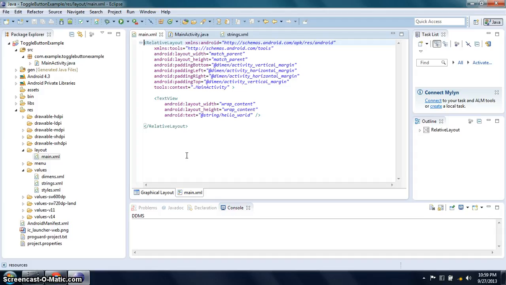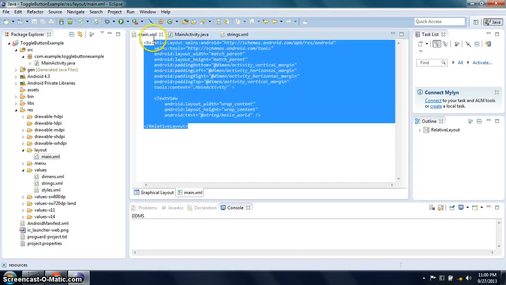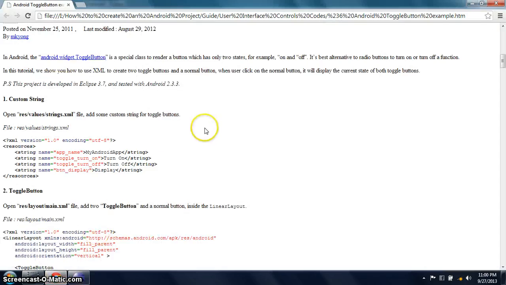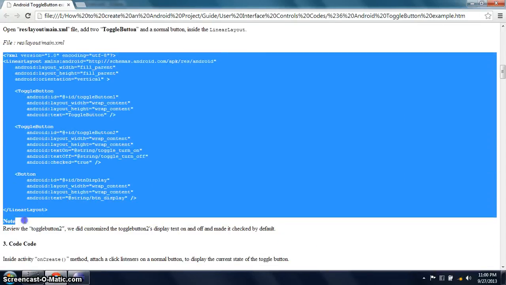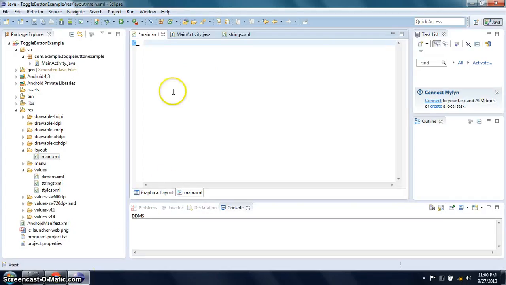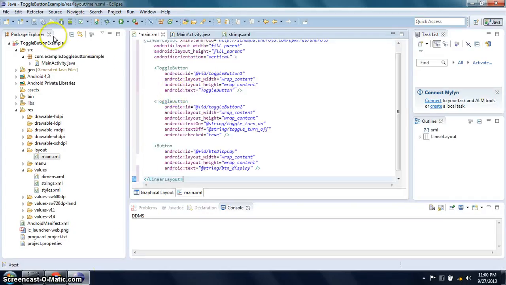I have already downloaded some codes from the internet. So we need to delete this one. Copy, then paste. Then click save.